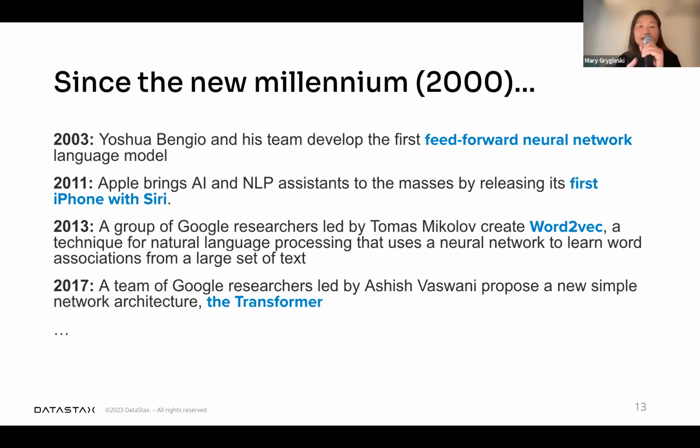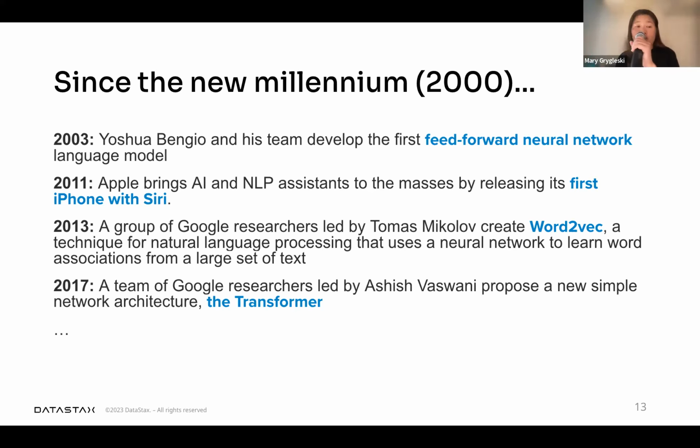Okay, so now let's go back in history. Since the new millennium, around 2000, I'll highlight a couple of movements towards where we are now. Just 20 years ago, there were feed-forward neural networks in 2003. Then in 2011, Apple brought AI and NLP assistance to the masses, because of Siri on your iPhone.